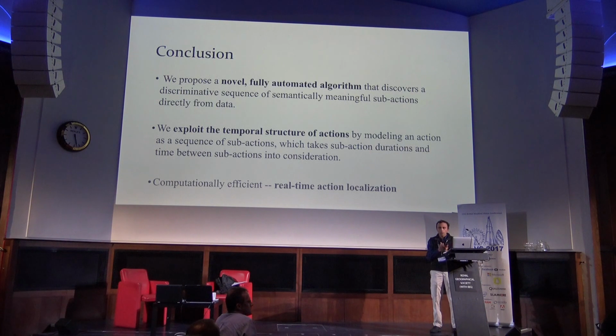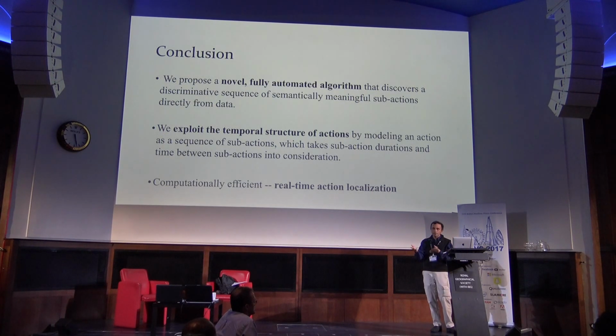Right, so the question is to what extent is it semantically meaningful? And that really comes down to the features. Things like IDT features have only a limited degree of invariance to viewpoint changes. And because that's what's being used in grouping and clustering, it's going to depend strongly on that. Now, in the case of the videos that you typically see on YouTube, like the sport type videos, they do have canonical things like long jump. People typically film it from the side rather than head on. But I think that's a fair question.